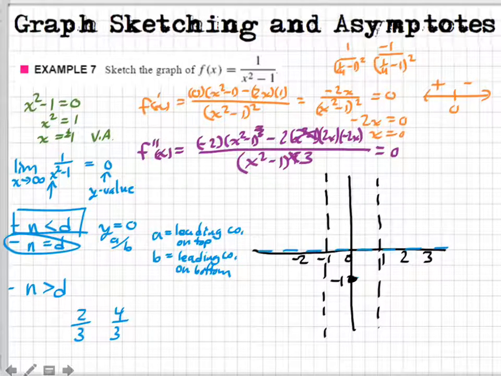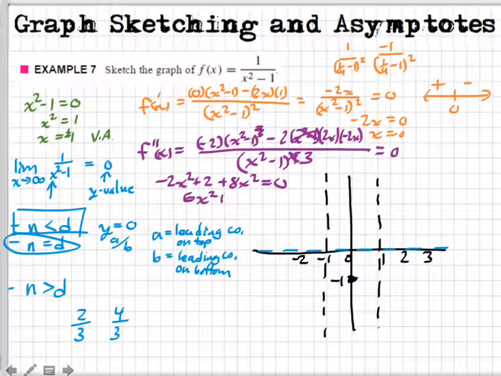So what do we have now? We have -2 times x squared minus 1, plus, let's see, that would be 2 times 2x times -2. Negative times negative is going to be positive, so we're going to have 2 times 2, which is 4, times 2 is 8, so we have 8x squared, and that equals 0 now. Remember, the denominator goes away because we multiply both sides by the denominator. It goes away. And so now I have, let's see, 6x squared plus 2, because 8 minus 2 is 6,